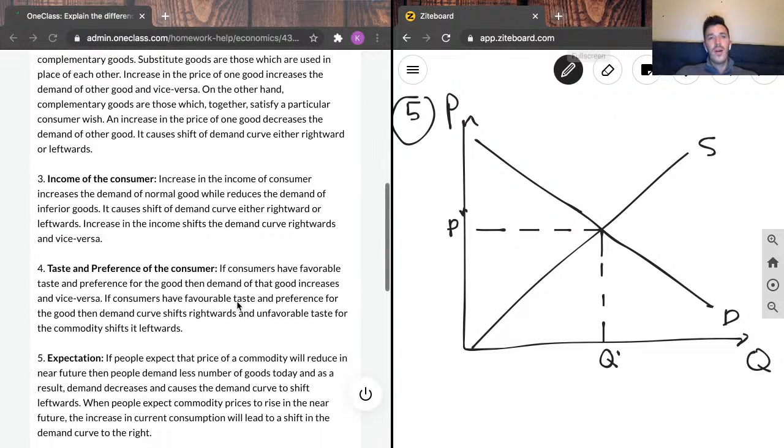The income of the consumer. An increase in the income of the consumer increases the demand for normal goods and reduces the demand for inferior goods. It causes the demand curve to shift either rightward or leftward. An increase in income shifts the demand curve rightwards and vice versa. So if you make more money, you can now afford more normal goods, which are, most goods are